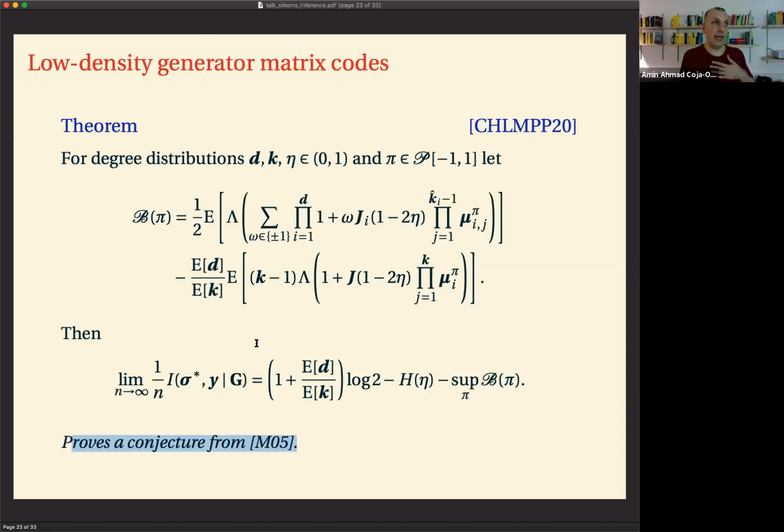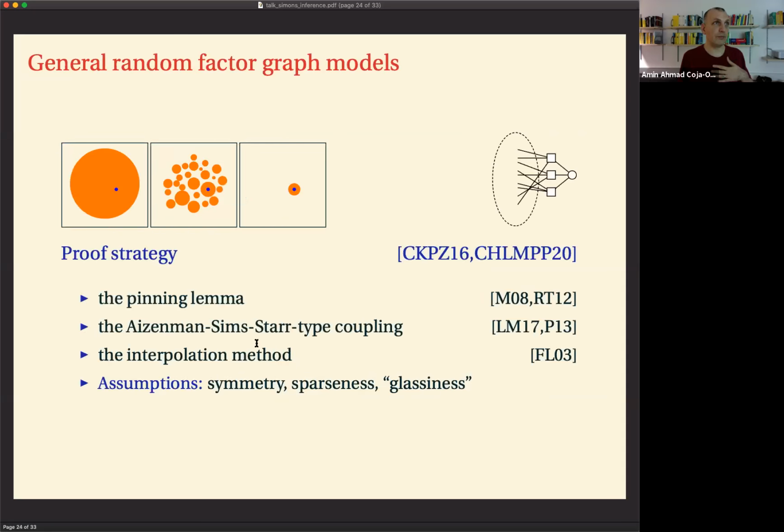I'm not going to say much about the proof, but it's pretty complicated, at least for this general result, though not because of complicated computations. The proof is not really heavy on computations. It's fairly conceptual in the sense that we use an abstract tool called the pinning lemma in order to verify this prediction that the Boltzmann distribution is replica symmetric.